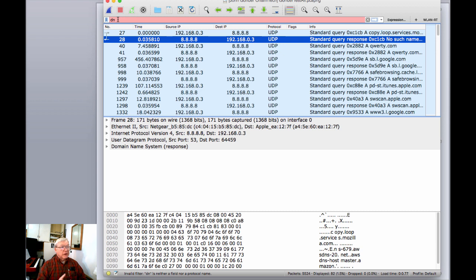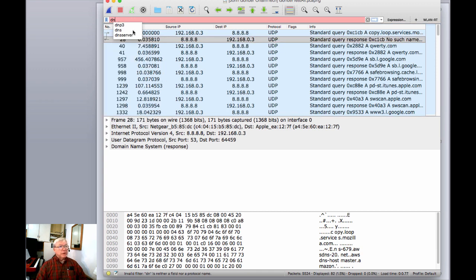notice that if I start to type, Wireshark doesn't recognize that as a valid filter syntax, so it shows red. And as I start to type, Wireshark actually automatically pops up a list of things that it knows as valid syntax that I could choose from. So I could actually just choose DNS and not have to type the rest of it. Now that it's correct syntax, it shows green, and I can click the arrow to apply that, and then I'll see only those packets that relate to that display filter.